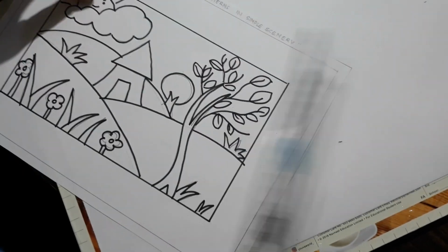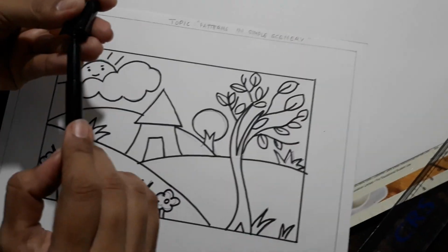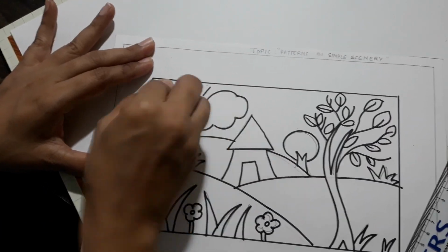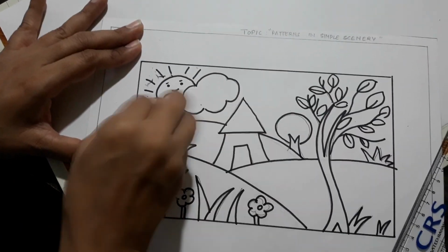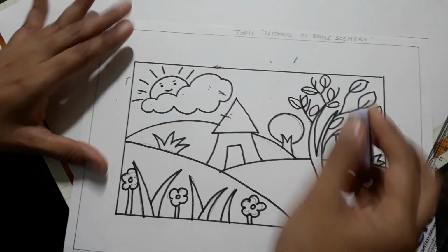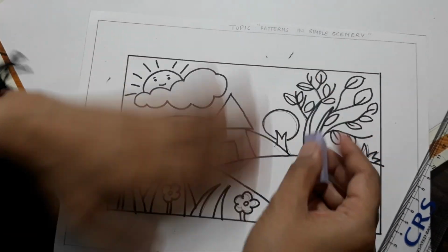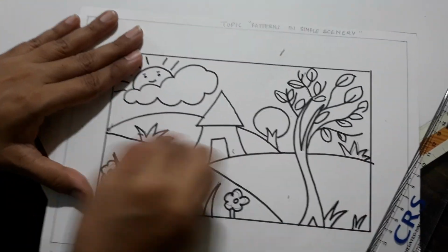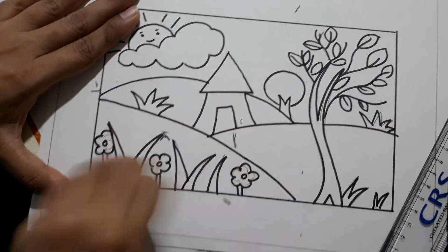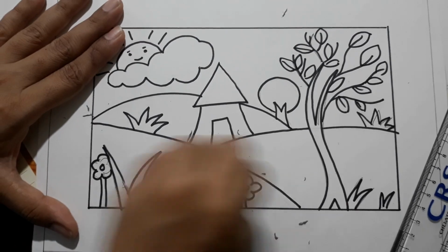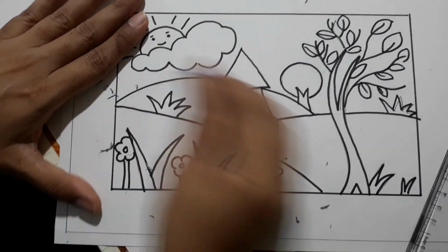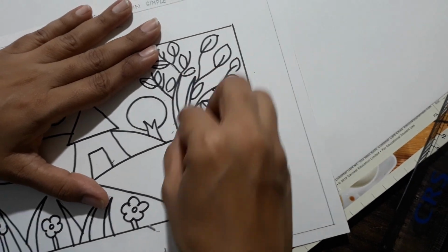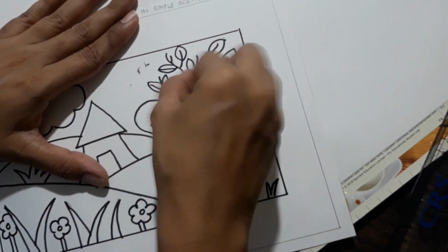Now sketch pen work is over. Let us take an eraser, just lightly. Okay, don't give a lot of pressure, because if the ink of your sketch pen is wet, maybe there is a chance that it will spread and spoil our artwork. So this is only sketch pen ink and I am just using it lightly, but remove all the extra pencil lines. Okay, just do it lightly, very lightly.